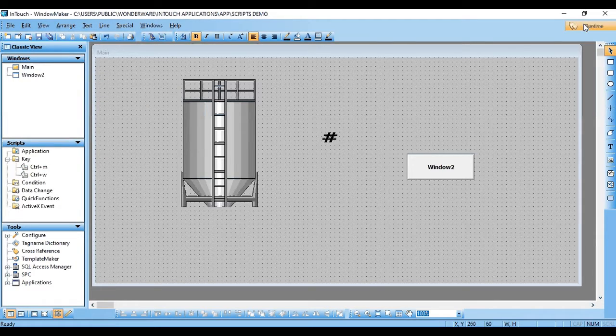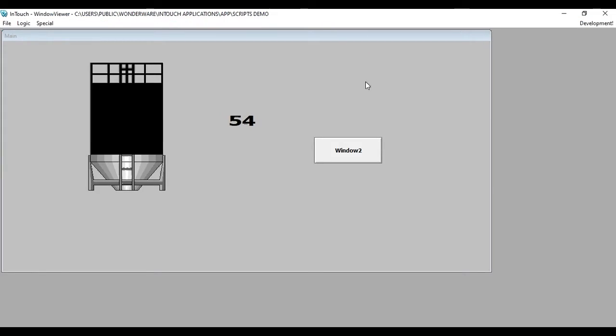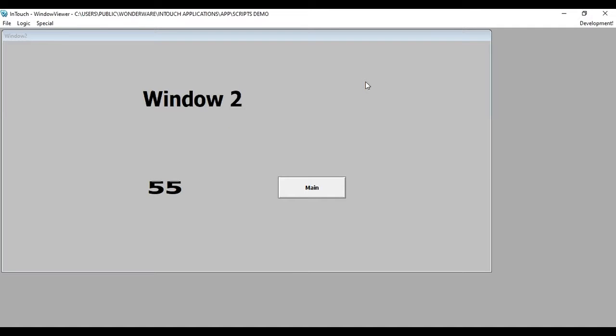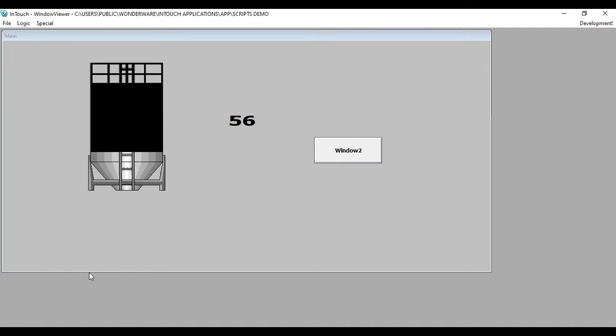Now let's execute. We are on our first main script screen, and to open the second window I am pressing Ctrl W. As you can see, our window has changed, and to go to the main window, Ctrl M. As you can see, the window has changed. Let me show it using the virtual keyboard.